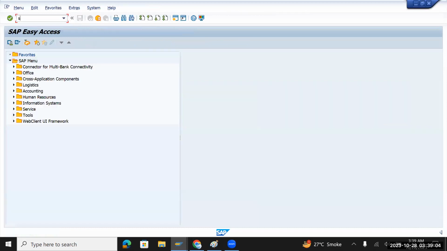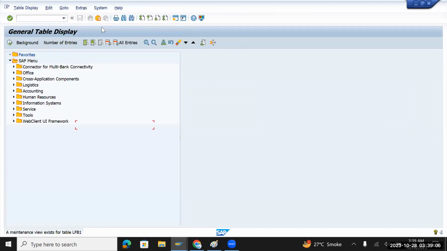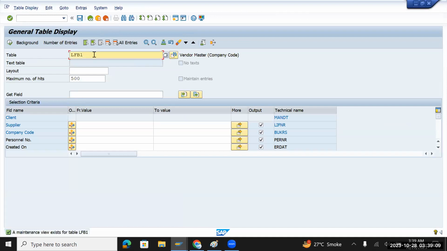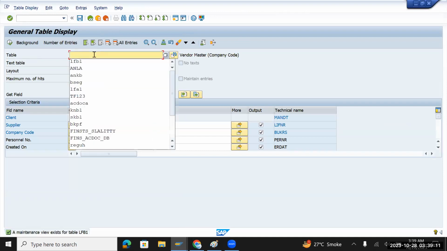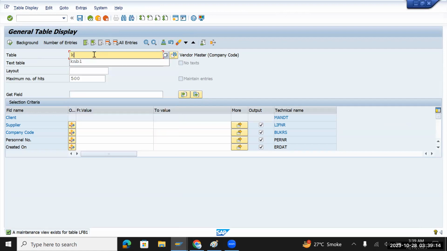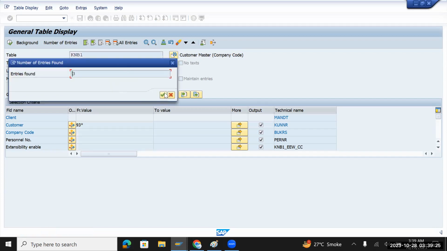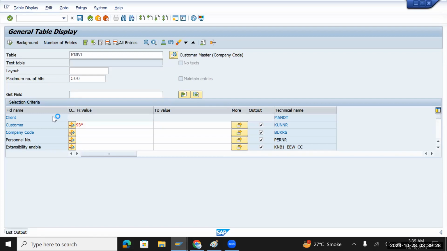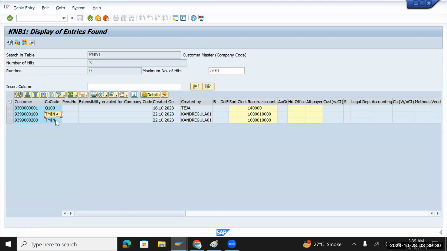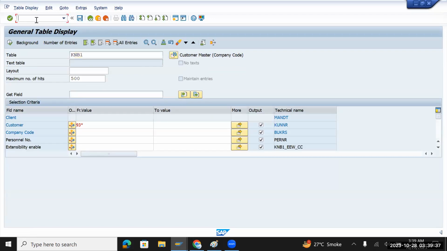We'll go and check SE16N as my table view, and here I will check KNP1. This is my customer related specific table, and give 93 stars. So I think we have gone with the same number range. There are three customers available. So Tata Motors India is the only customer available here. Copy this one, go back to a business partner,